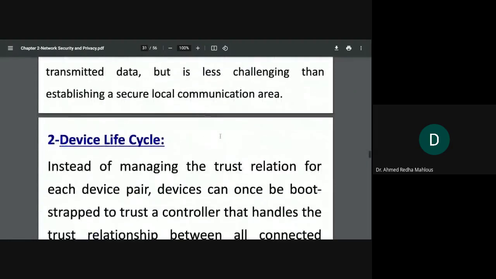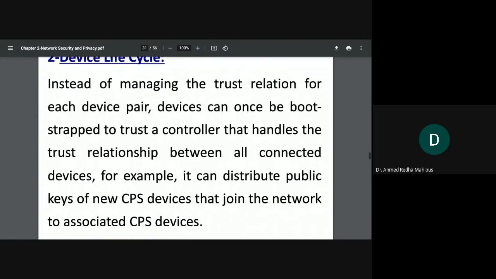Okay, Shabab? Any question for this part? Okay. Now, for